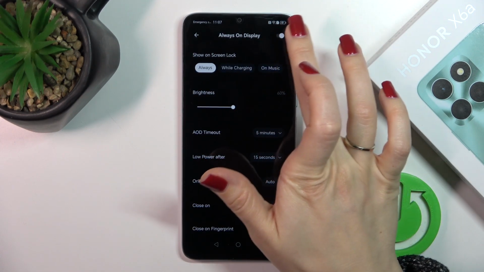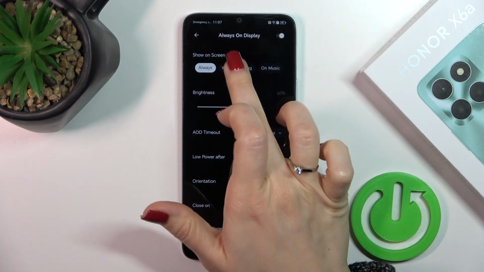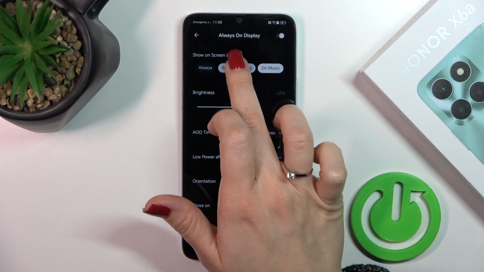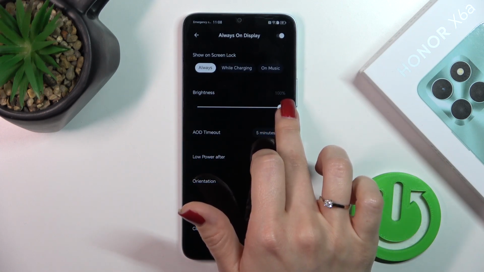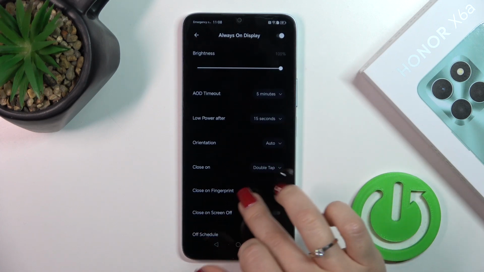Here in the upper right corner we have the switch with which we could activate or turn off the AOD option. We could show it on the lock screen, always, while charging, or on music. We could use these options together or separately. Here we could decrease or increase the brightness level, and switch the AOD timeout, low power after timeout,